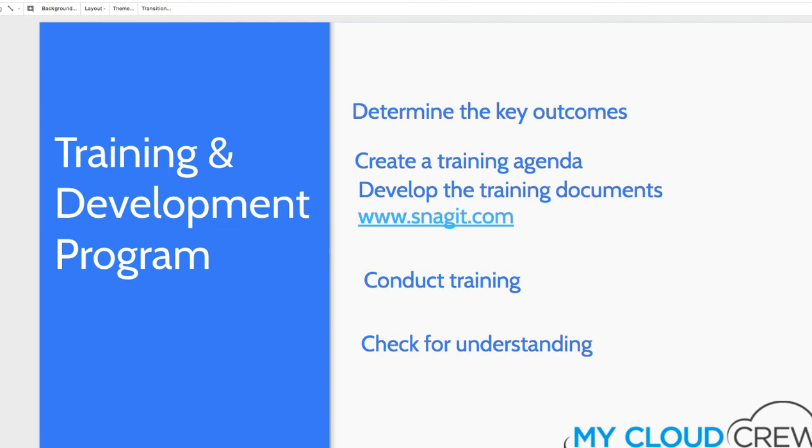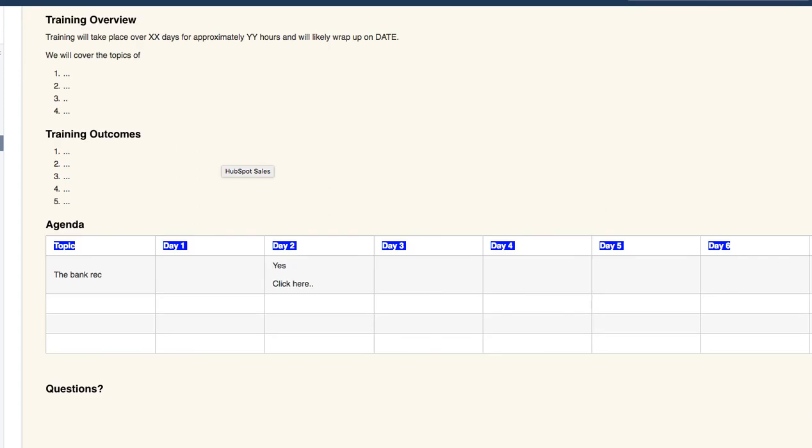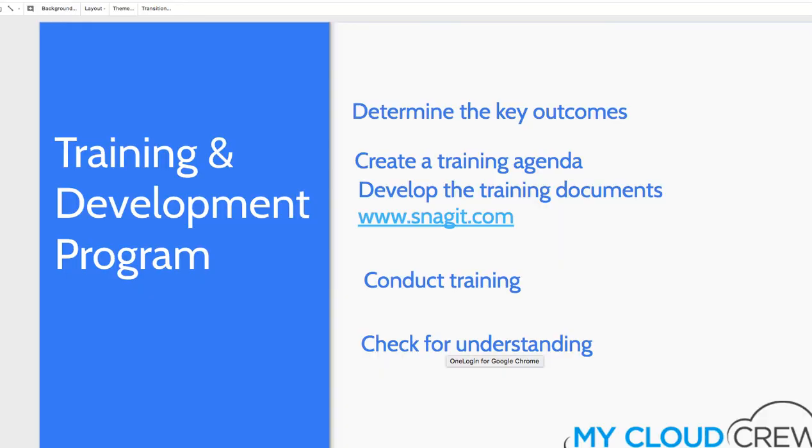So following this basic 4 or 5 step process, and then putting that into teamwork, overview, outcomes, calendar, questions, and the questions being checking for understanding. Follow that and you'll be in better shape than 90% of small businesses in Australia if you follow that basic structure. We will be developing some much more comprehensive videos shortly on the science of training and also building processes,